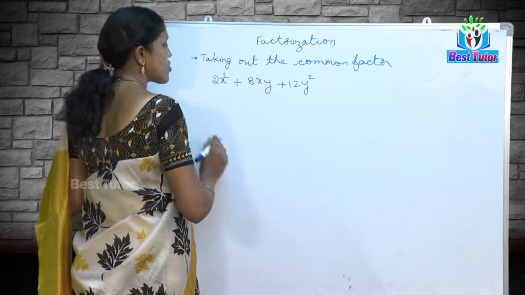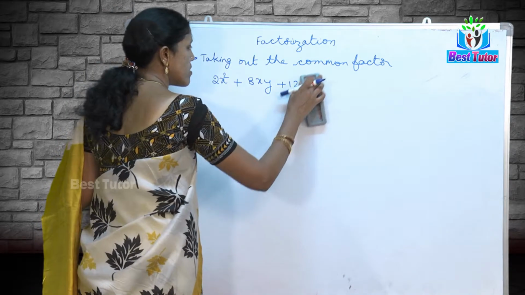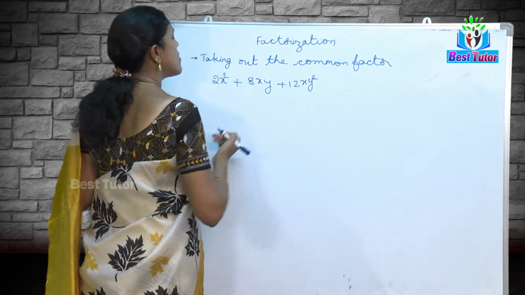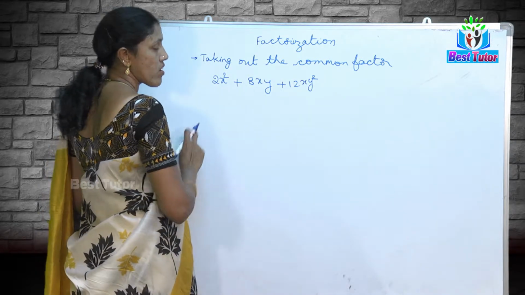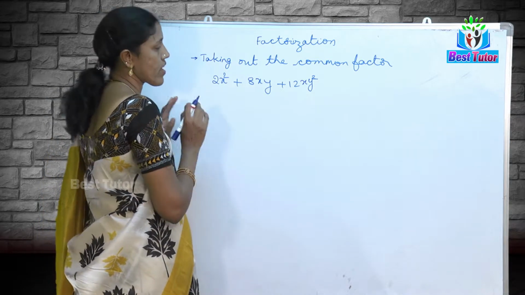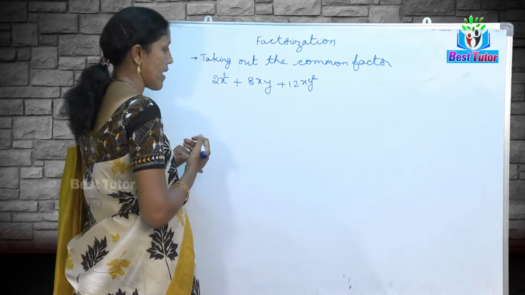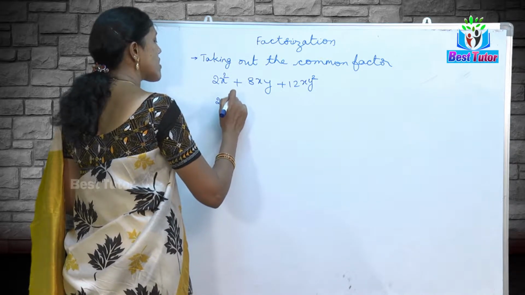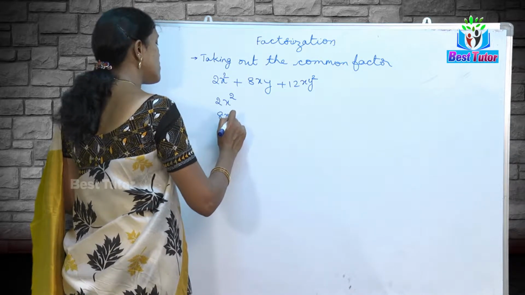First thing is I am going to check if there is any common factor. I am going to slightly modify the question. So what is the common factor in all the three terms is the first question. Directly by looking at the question we can make out, but that needs a lot of practice. So if we don't have that practice, what are we supposed to do? I will consider each and every term